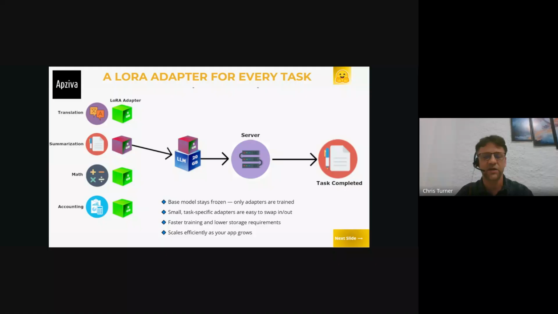We can train these without massive compute power, and the setup and administration is just much easier. So with this design, you get the flexibility of specialized models with these LoRA adapters, but you get the efficiency of a shared backbone of the base model. So it's really a nice innovation.